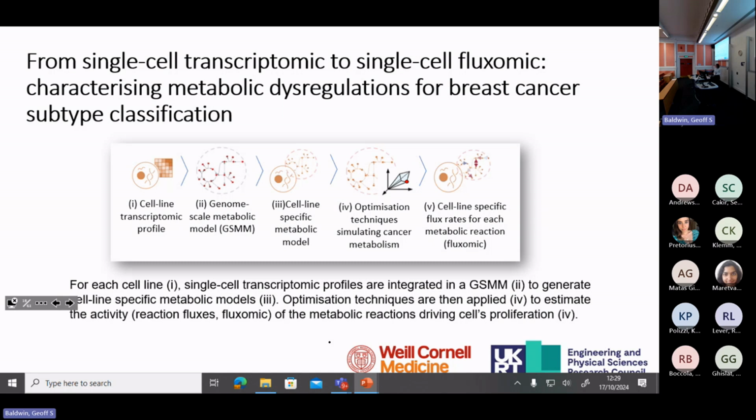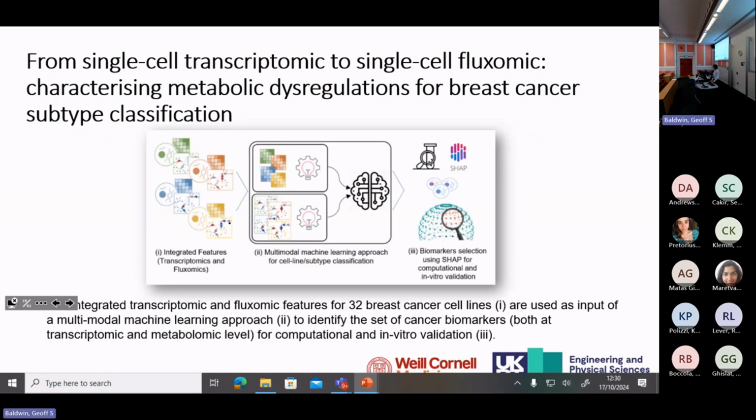This is actually part of an EPSRC grant that started in February. And we're kind of replicating what I've been telling you about, but this time at the single cell level. Still for classifying breast cancer subtypes, but we wanted to understand this across different cell lines. And the cell lines we were looking at were related to 5 different breast cancer subtypes. This was just the initial framework. We are still integrating different data types across a multimodal machine learning approach to do the biomarker identification